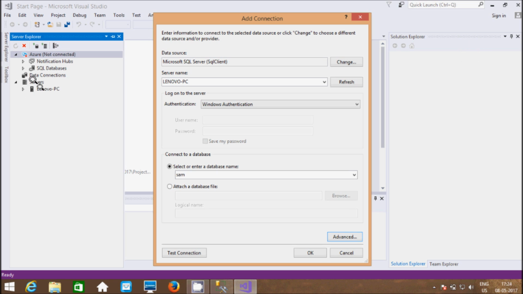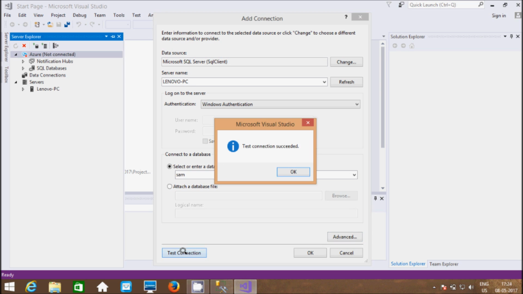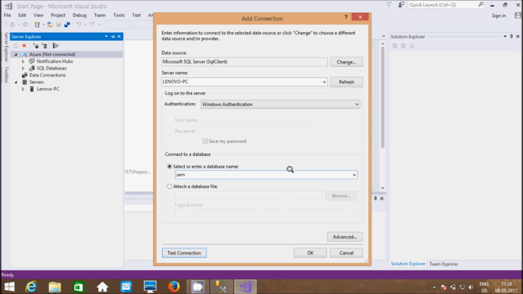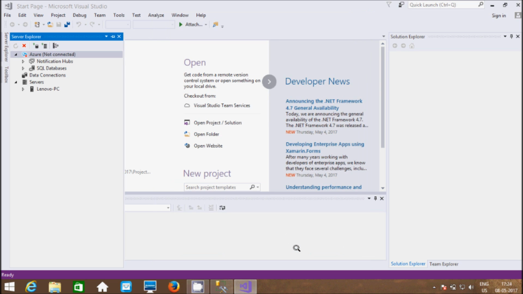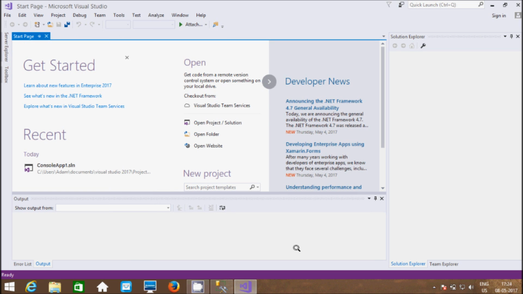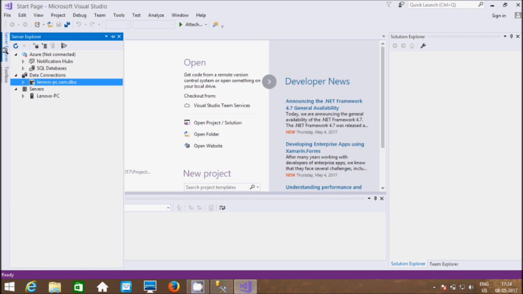Here, there is no data connection yet. So let's test the connection. Connection succeeded. Now click on OK. Go to Server Explorer and see the data connection Lenovo PC.sam.dbo has come.